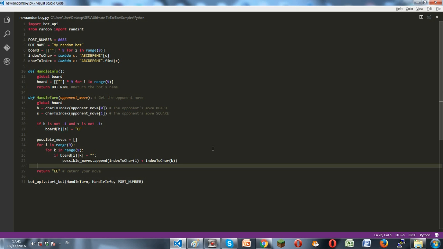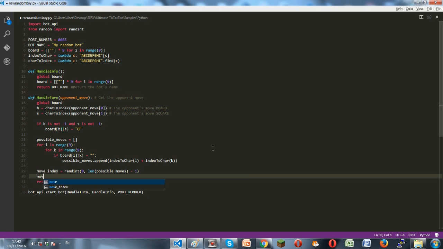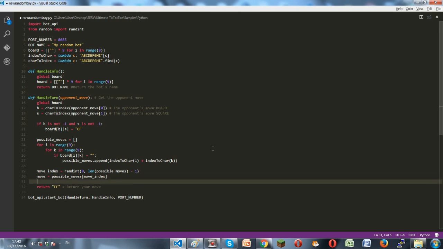Now we'll select the move index. Move index will be a random integer, like randint, from 0 to the length of possible moves minus 1. Actually choose a random move out of all the possible moves. Then move is possible moves, move index, and we